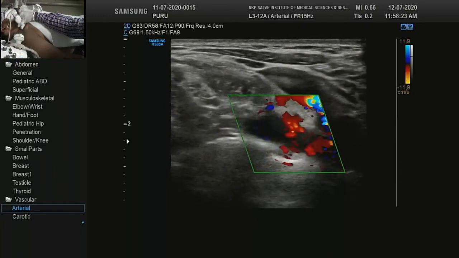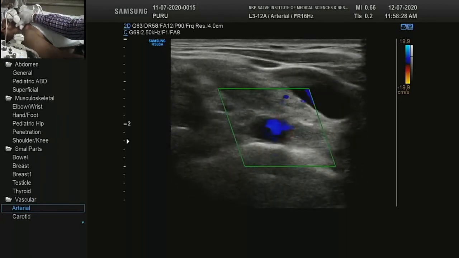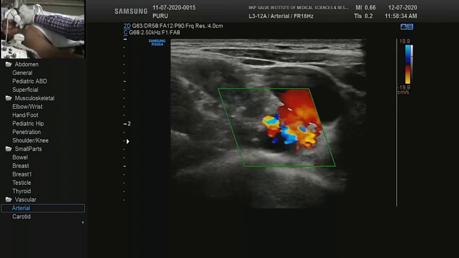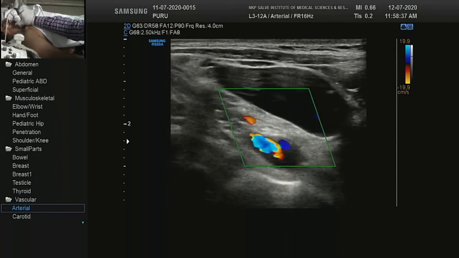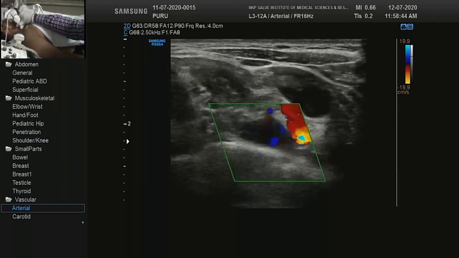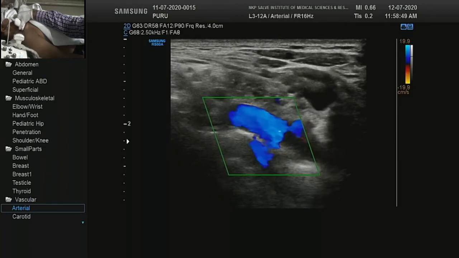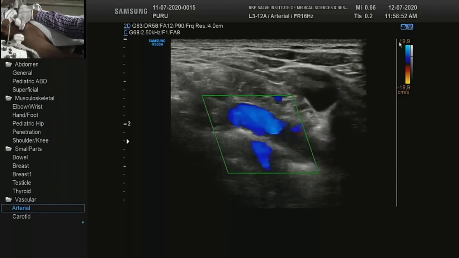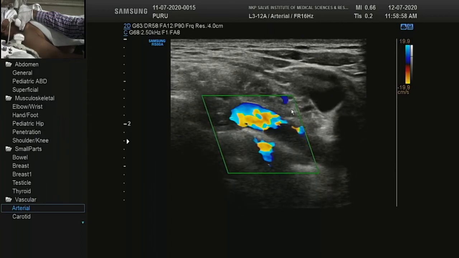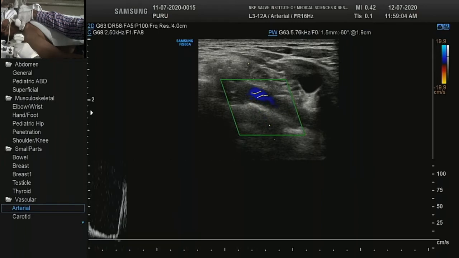Now what is here? This is the subclavian artery and that is the vertebral. So vertebral is feeding the subclavian artery. I will make a long section here. That is the vertebral artery, and due to the vertebral artery, this subclavian is getting filled. Yes. Now it is showing antegrade flow. My color scale is blue towards the probe. This is showing the color gain. Now we'll adjust and try to see what is there.